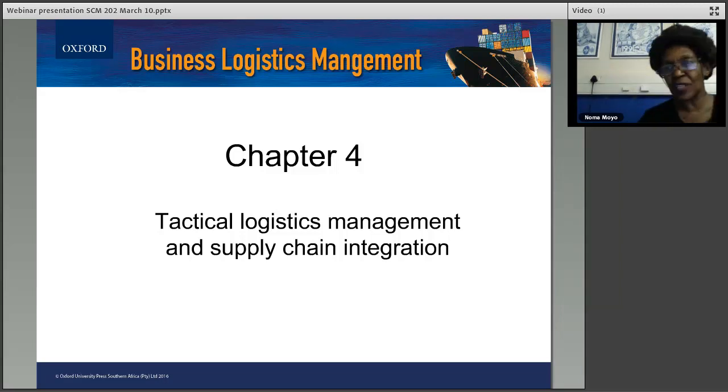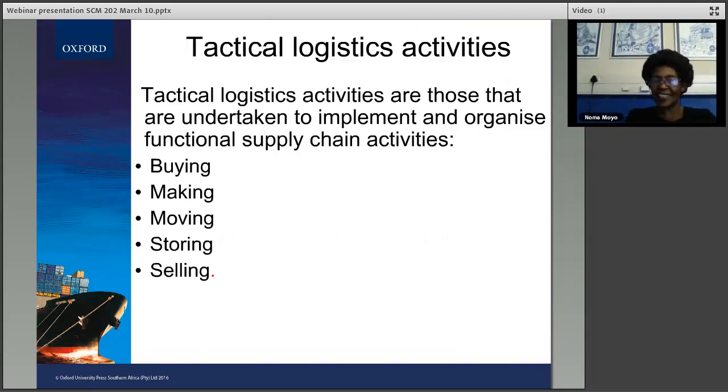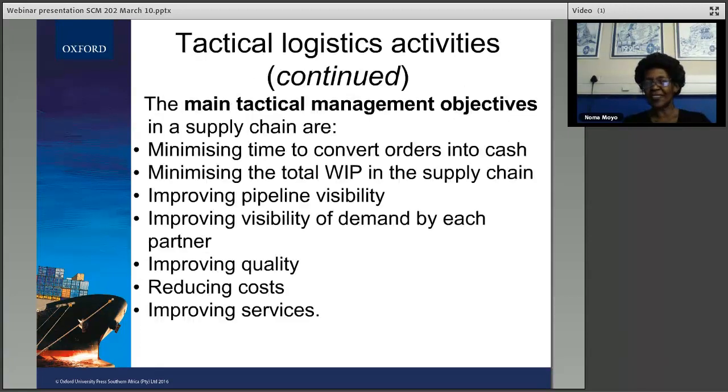Now I'm coming to chapter 4, tactical logistics management and supply chain integration. What are the tactical activities? Tactical logistics activities are buying, making, moving, storing, selling. The main tactical management objectives in supply chain